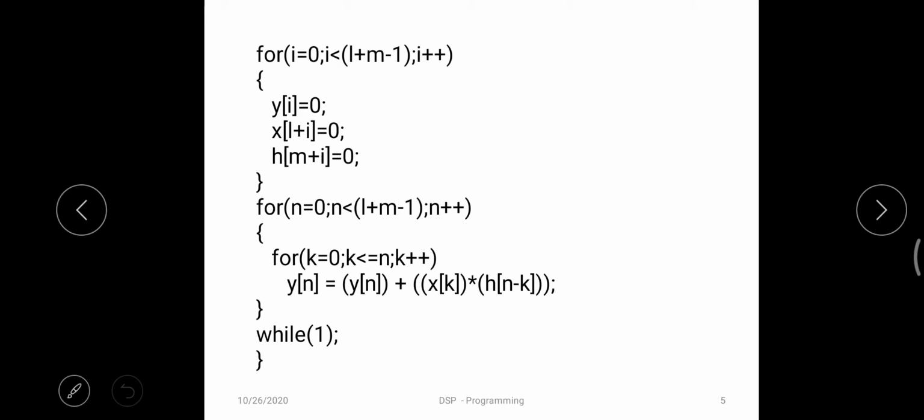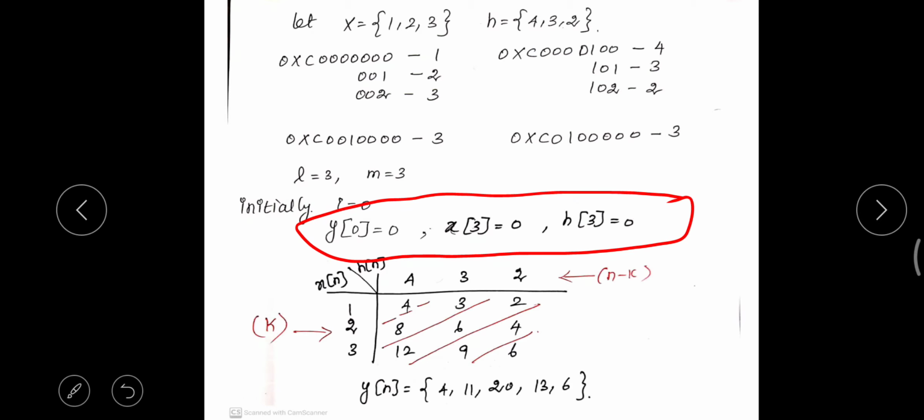Next for loop is k is equal to 0. So here this is for k and this is for n minus k.